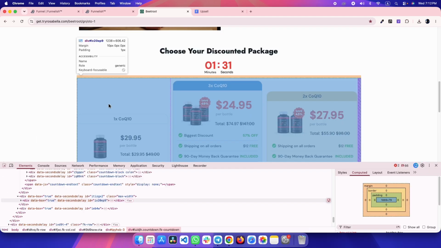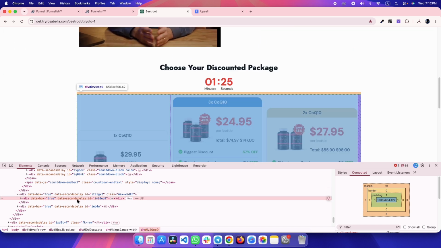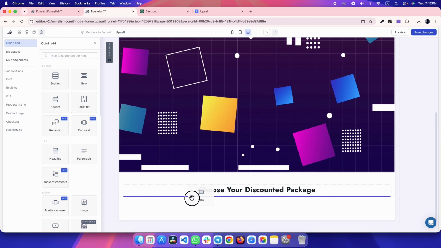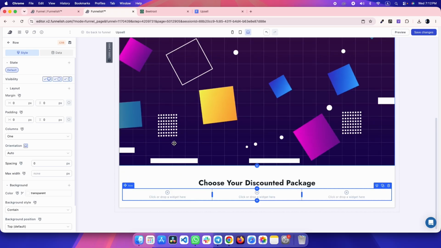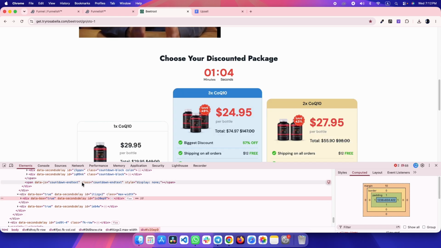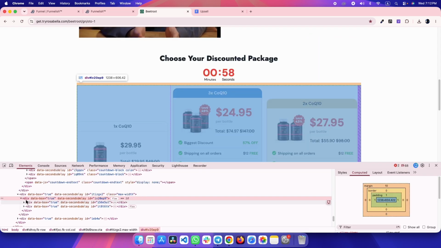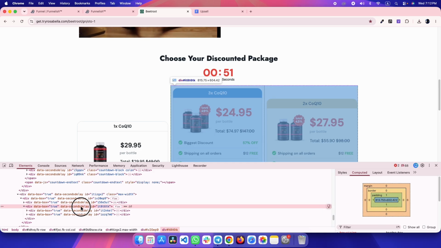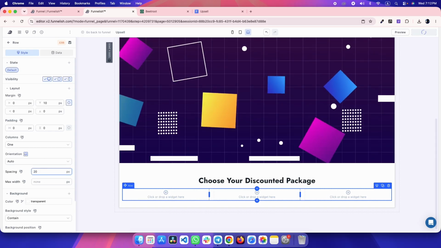So we will make this offer section now. To add this offer section we have to add another row. So just add a new row under this paragraph, and this time we have to choose the third option. This is a 3-column row, and we have to add some margin top. It is 10 pixel. So let's add 10 pixel margin top, and you can see here padding 10 pixel left and right. So we can add 20 pixel gap here. So just add 20 pixel here,